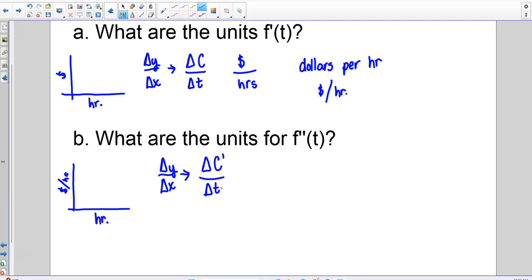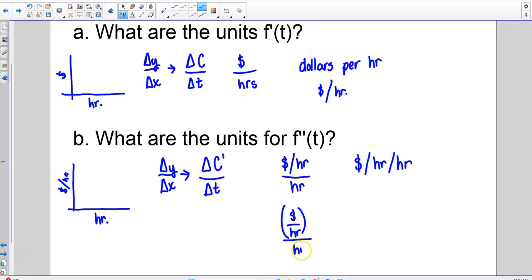So for our first derivative, our units were dollars per hour, and now our t is hours. So there are several ways you can write this. You could do, I just like to do this, dollars per hour per hour. Another way you can write it, it's a little more condensed, it looks a little prettier, but what I find is kids do it wrong too often, so I don't do it as much, is like if I think of this, this is dollars per hour